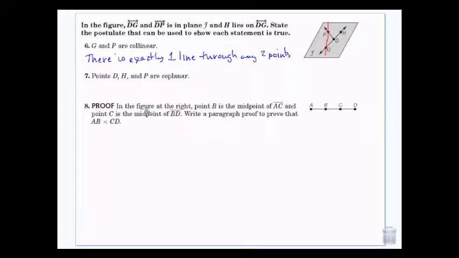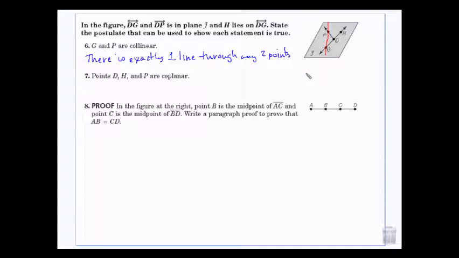Okay, so the exact words of our postulate were through any 2 points, there's exactly one line. So just because they didn't draw the line, if you have 2 points, you can put a line through them. Whether it's there right now or not, it does exist. Kind of like my dog is not here right now, but she still exists. Like, this line wasn't there right now, but it still exists. So anytime you have 2 points, you can have a line. That's what the postulates are. They're like anytime these things happen.